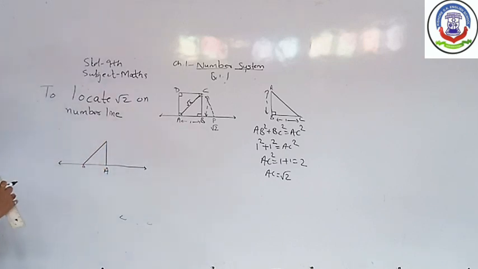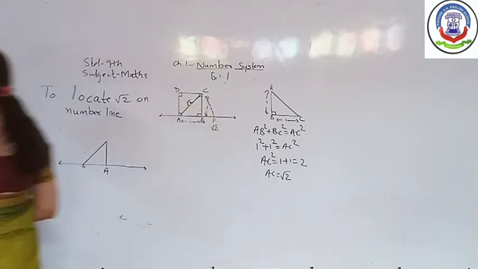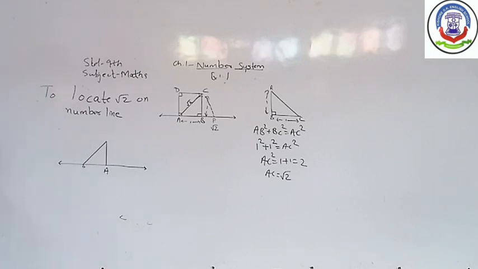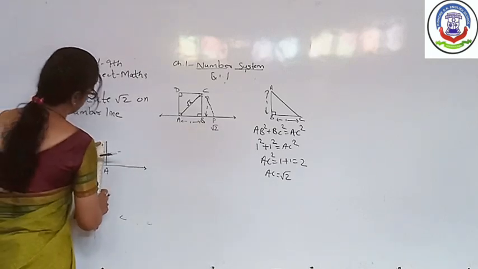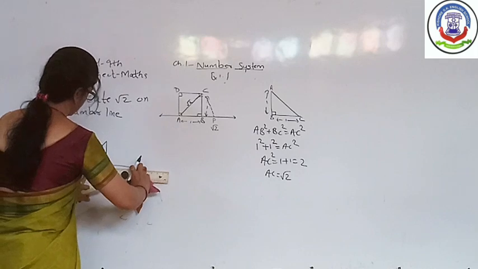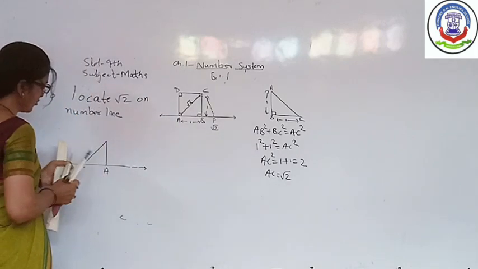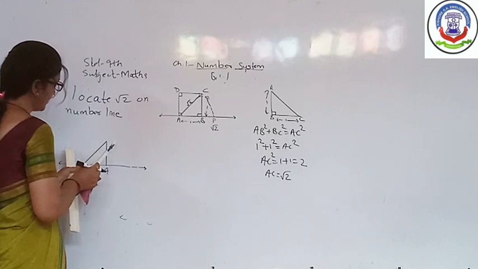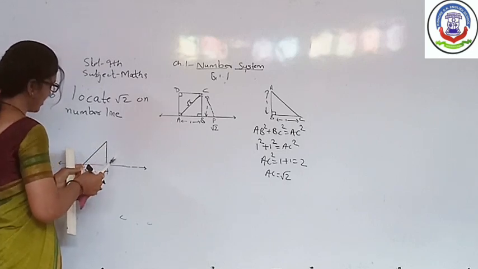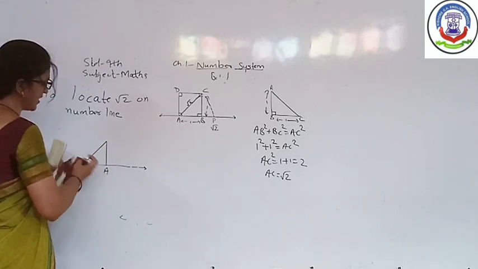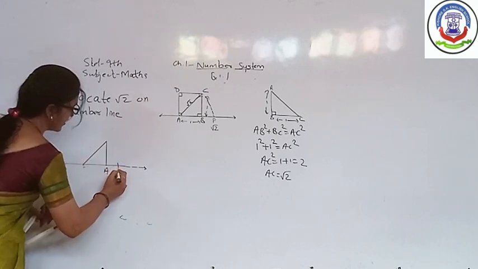With the help of a compass, put the compass at point O, then take OB as a radius. Draw the arc like this, which will intersect the number line here. This is your point